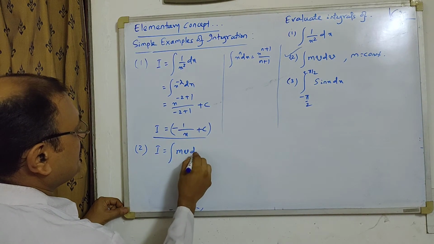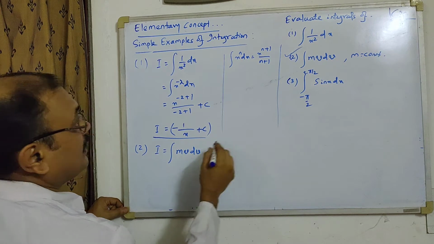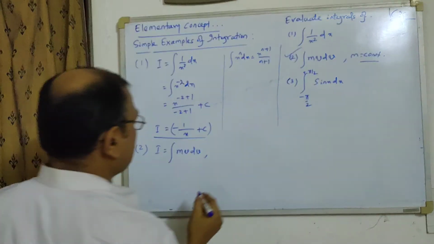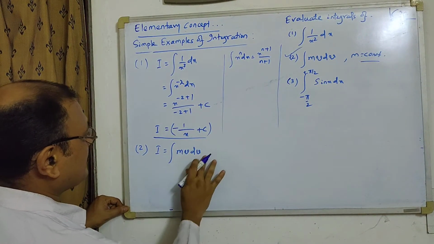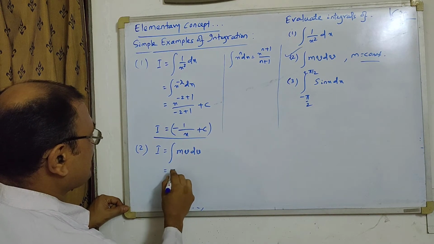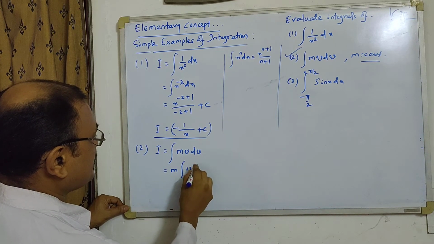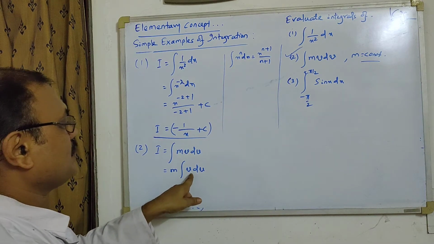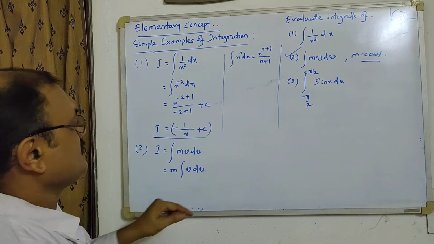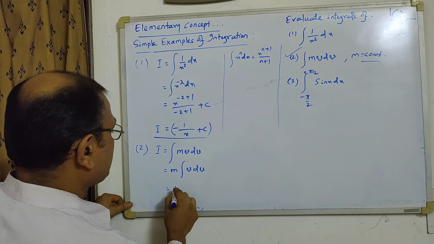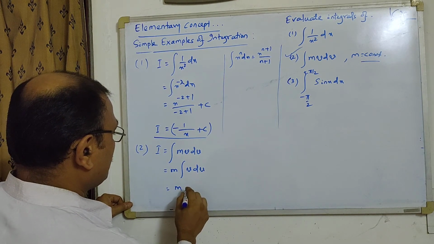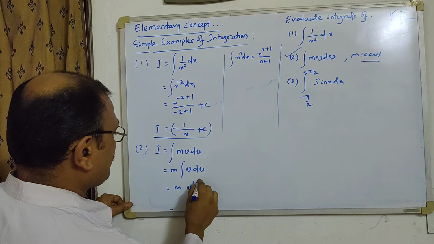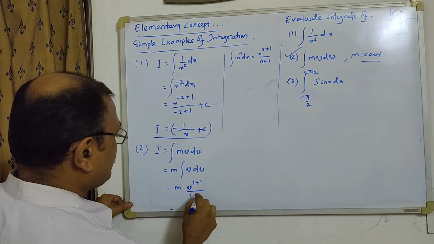mv dv, and here our m is a constant, as mentioned, so therefore I can take it outside, that is m outside. It is integral of simply v dv. It is nothing but x dx. Similarly, where n is equal to 1, what is the value then? I should write m into v to the power 1 plus 1 by 1 plus 1